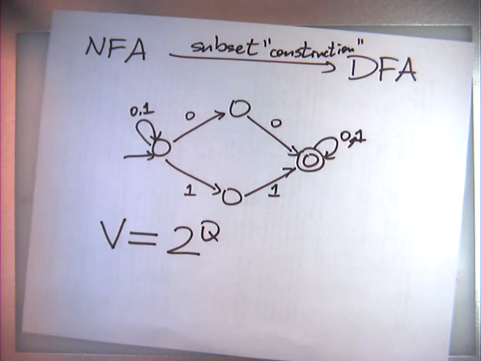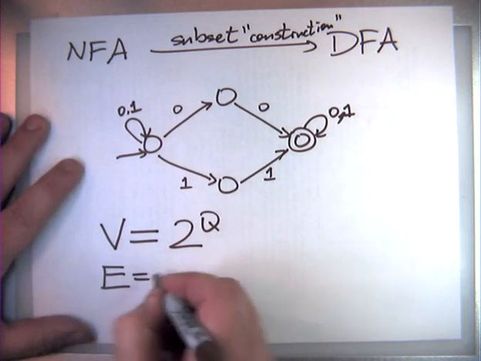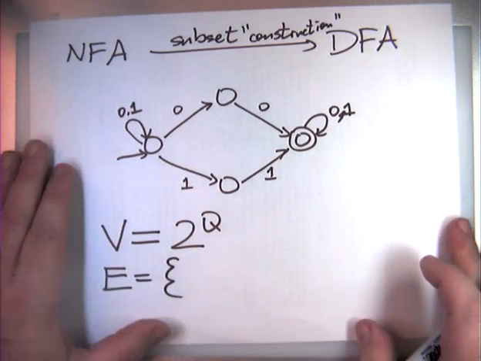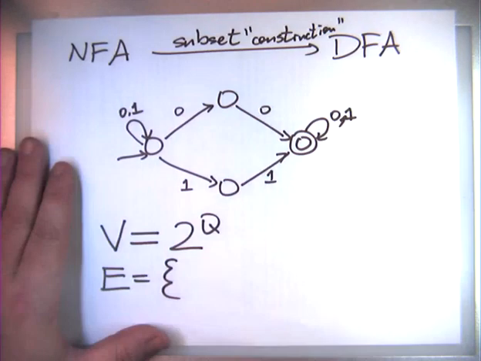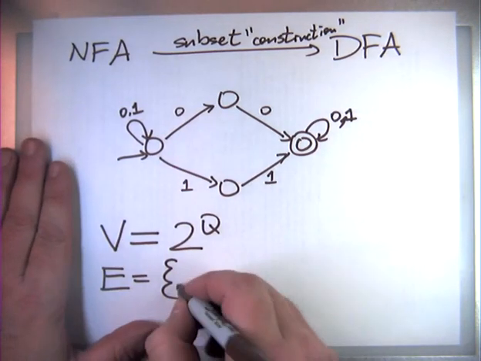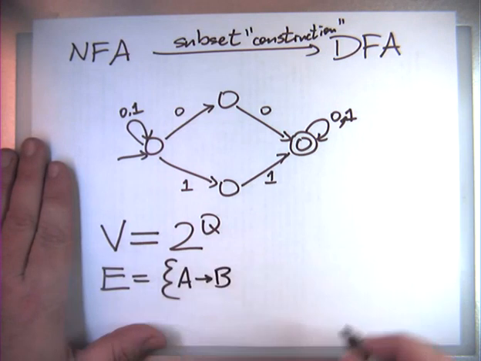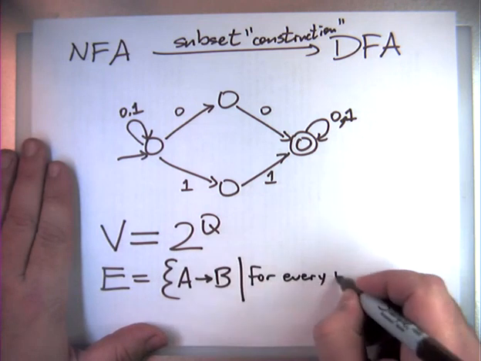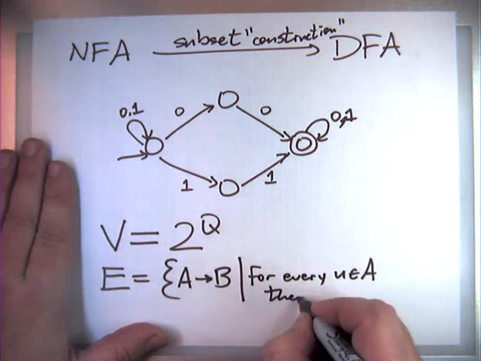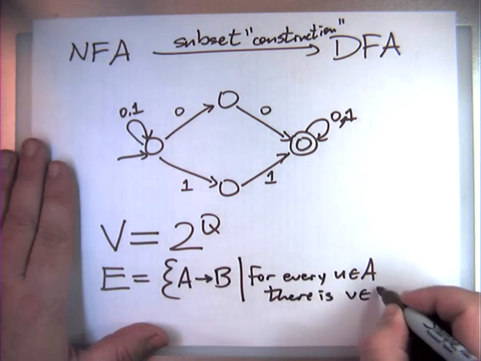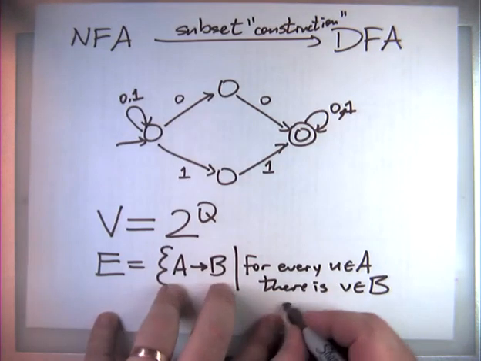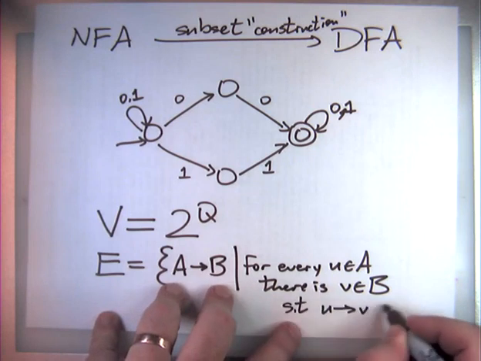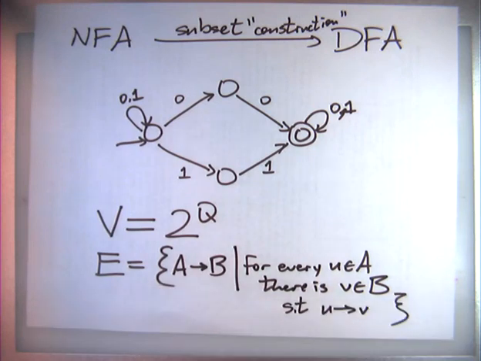Right? And the edges of the graph are, let's see, well, I'm going to ignore the labels for the moment. There's an edge from subset A to subset B if for every node U in the beginning there is a node V in the end such that there's a transition in the NFA from U to V. Okay, this is a summary of the subset construction, ignoring for the moment the labels. Okay,